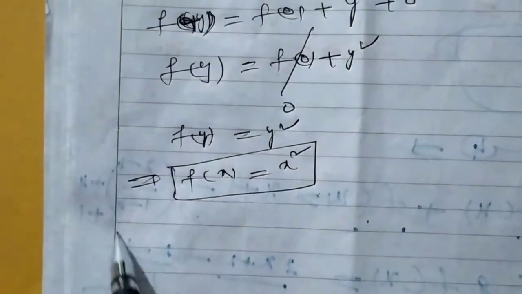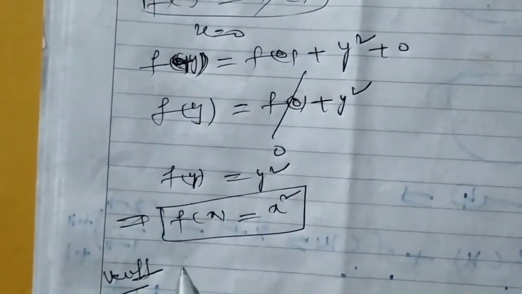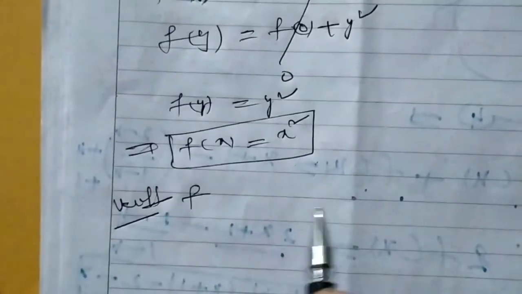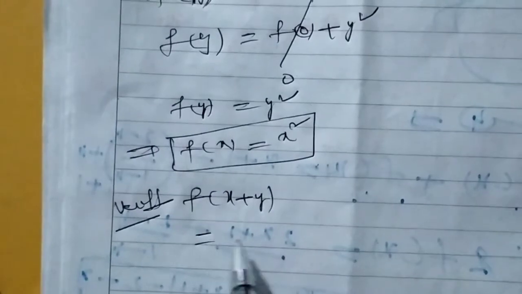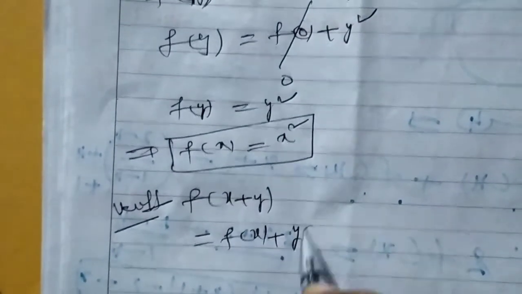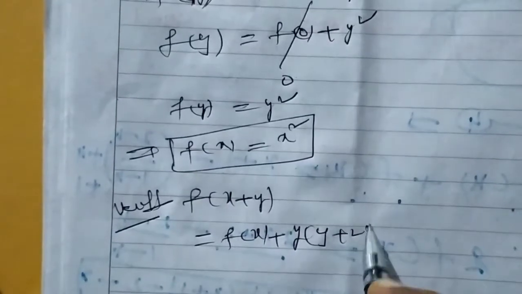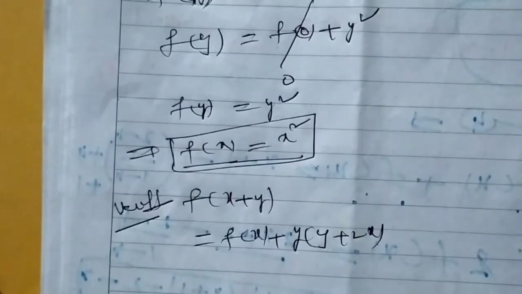So to verify whether it is the given function or not, put f of x is equal to x square in the given functional equation. The functional equation is f of x plus y is equal to f of x plus y into y plus 2x. Suppose f of x is equal to x square,